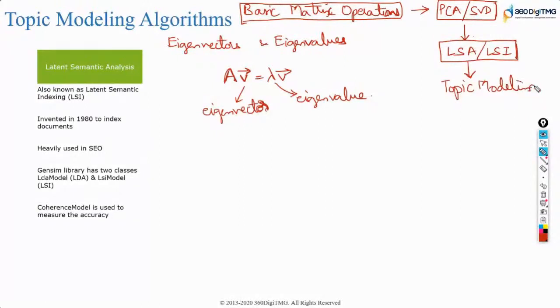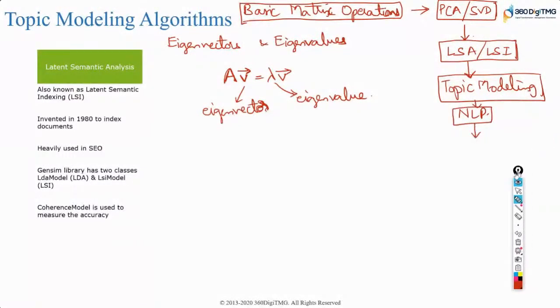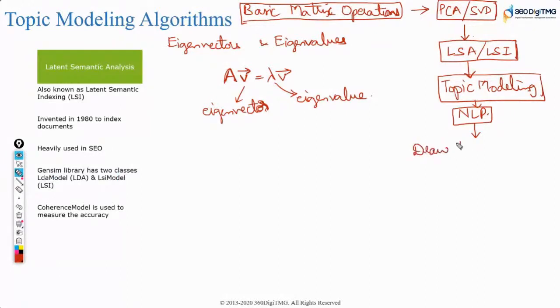And what is topic modeling? It is one of the concepts of NLP. And why do you need NLP? To extract meaningful insights, to draw insights from textual data.